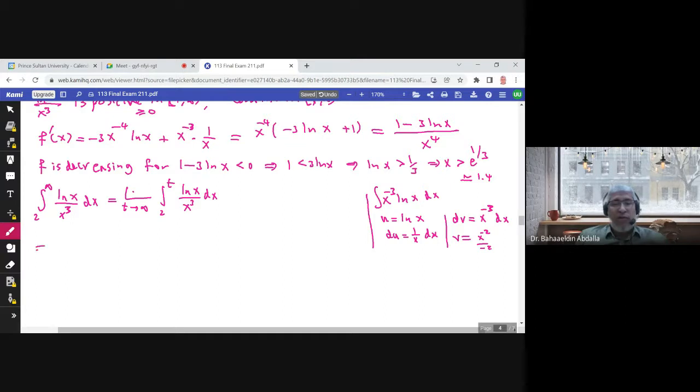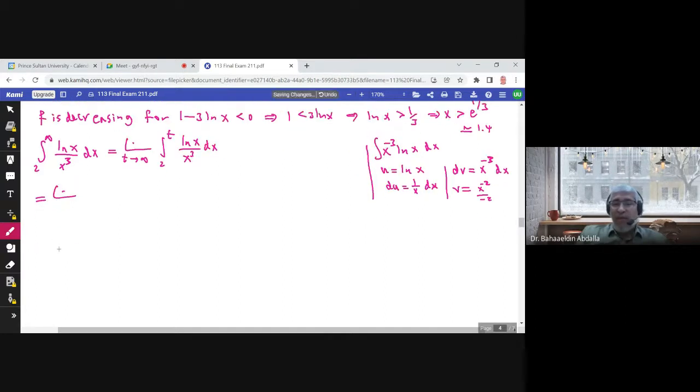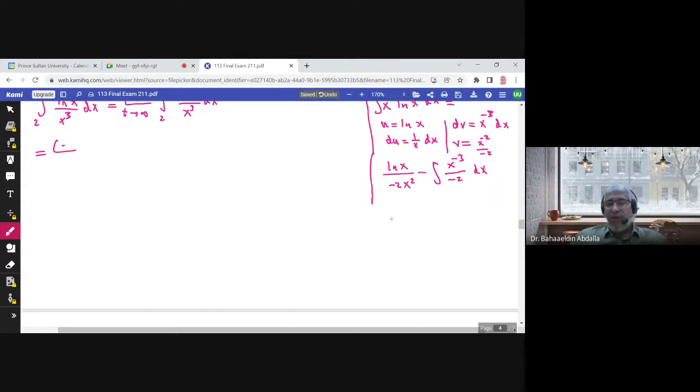So this would be equal to the limit. Then let me continue. The integral would be uv, u times v. So ln x over negative 2x squared, if you take this x to the power negative 2 down, minus the integral of v du. Well, I have 1 over negative 2, so there is a negative 2 here. And this is x to the power negative 1. If you multiply times x to the power negative 2, you will have x to the power negative 3. So the integral would be ln x over negative 2x squared